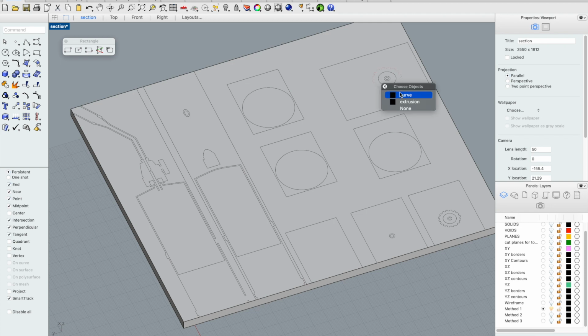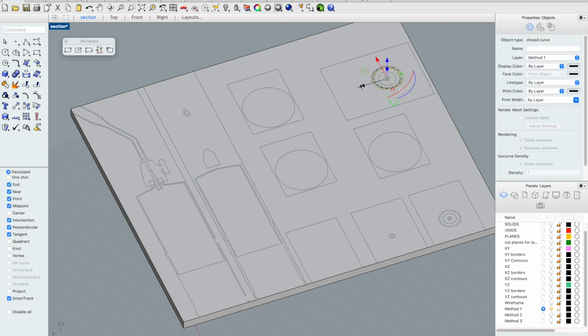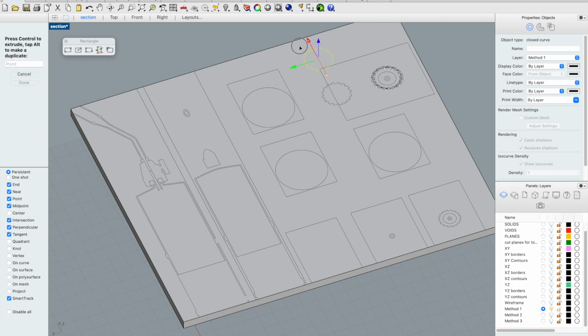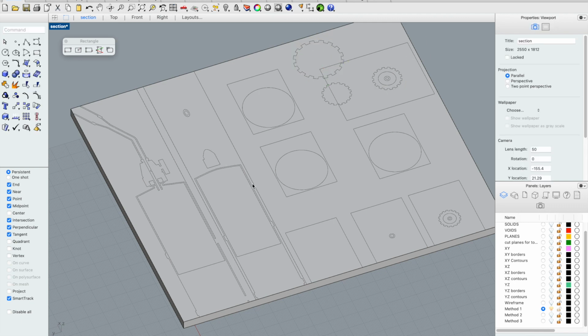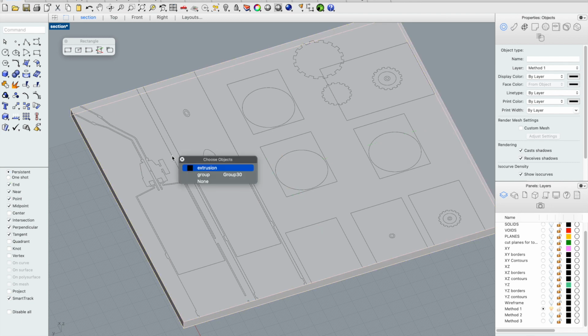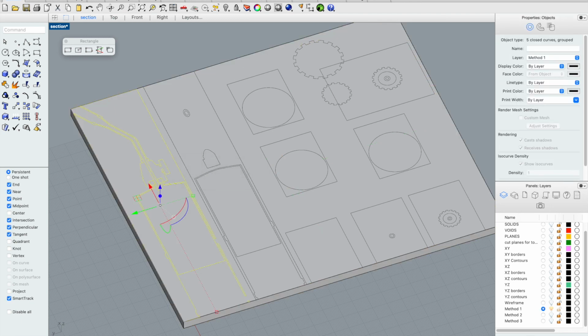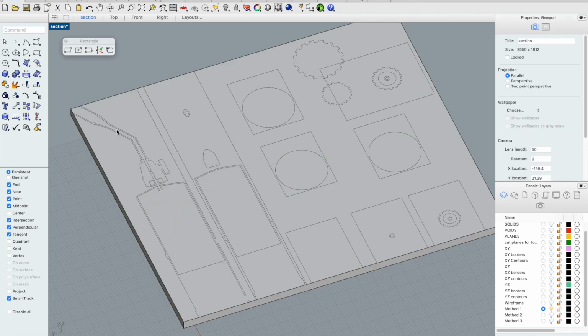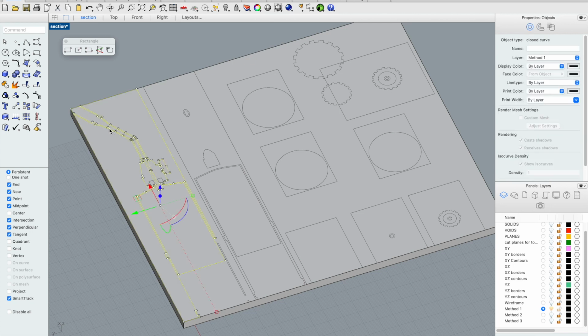Maybe I want to grab just this guy, copy it, paste it, move it around, copy, paste it. Maybe I want to scale him up a little bit. So, and throw all this stuff down there. Let's go ahead and take this group, ungroup it, and then I can just start extruding stuff out of the wall. So if I take this and say extrude curve,